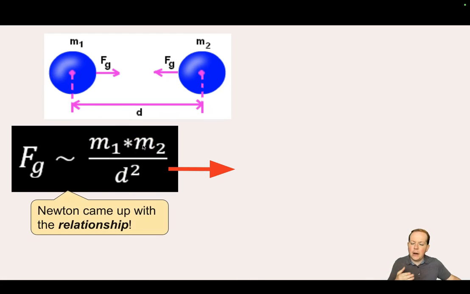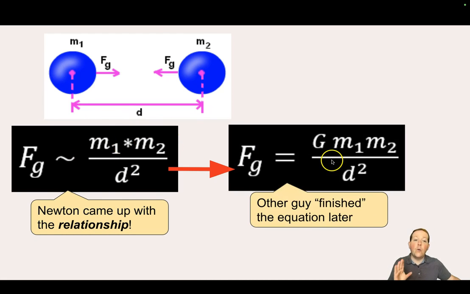It actually took about 100 years later for this relationship to turn into an equation. Another guy, usually attributed to a guy named Cavendish, he came up with the equation, okay? But it's the same idea. The force of gravity is based on the mass of two objects divided by distance. Gravity is always between two objects, but those two objects do not have to be touching, okay? We already learned that for mass, we use kilograms. For distance, we are going to use meters. When we're dealing with astronomy, these can be very large numbers, but we are going to stick with meters.